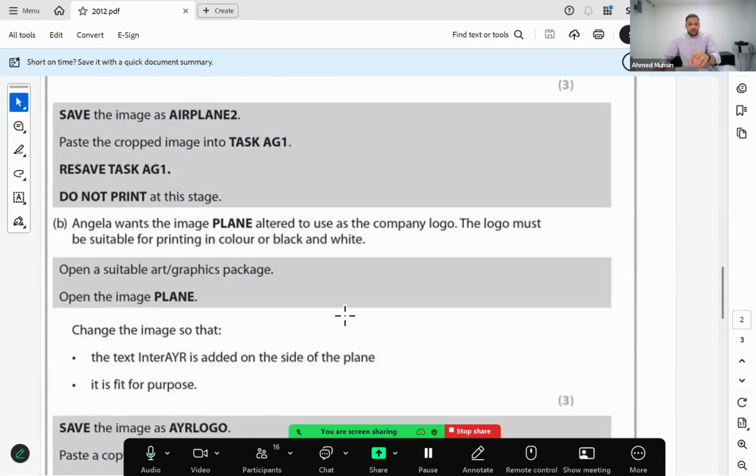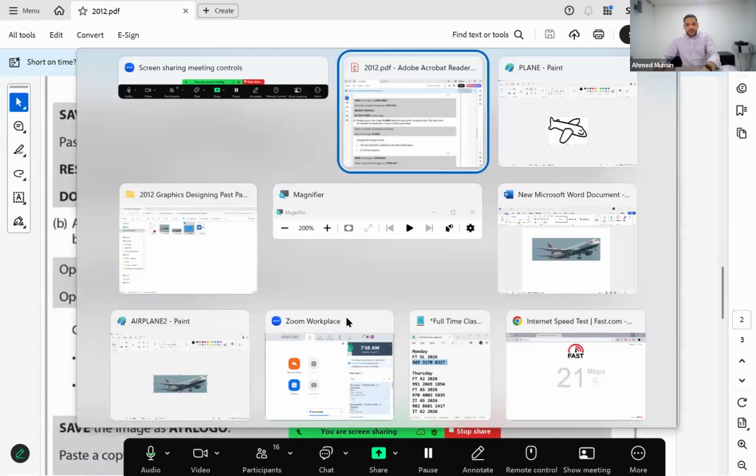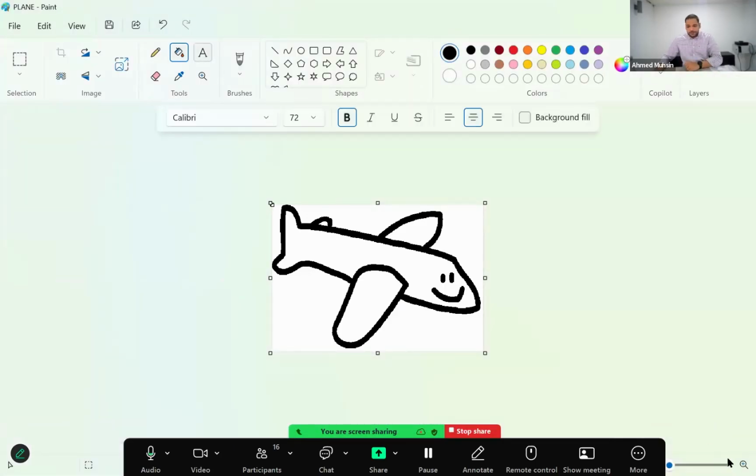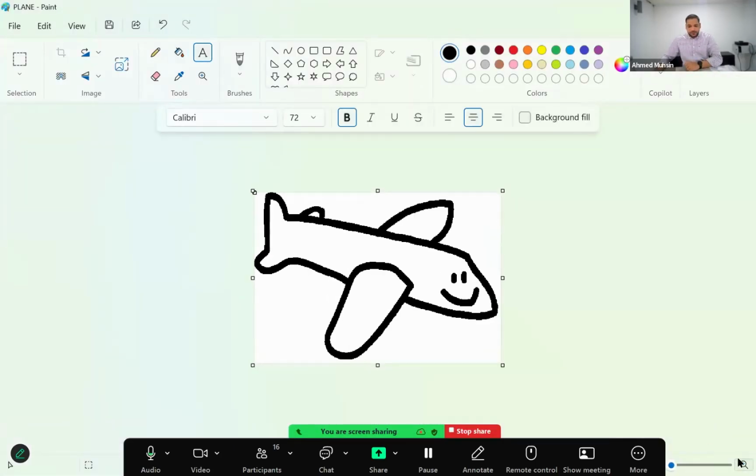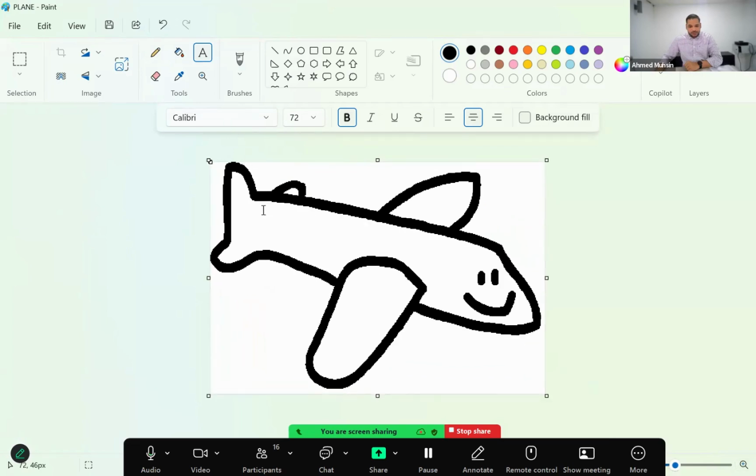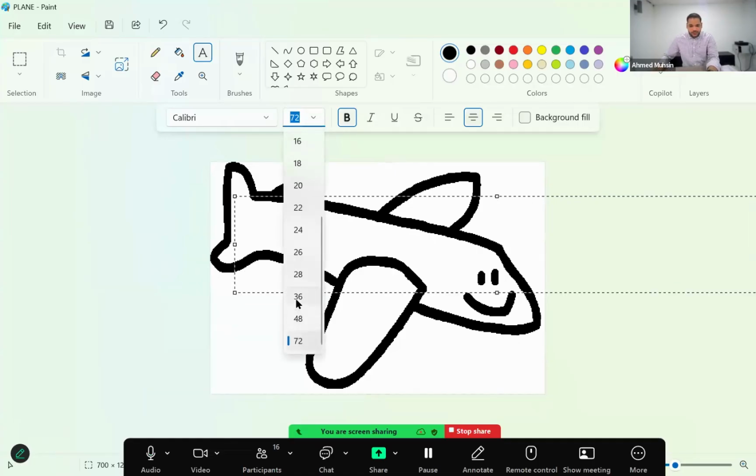So can everyone take your text tool, adjust the font size. My text tool is here now. Let me zoom in a little more. Now what I'm going to do is draw my text box over here. And I'm going to say what over here? Oh, the font is way too big. Make it smaller, size 36. And I'm going to say